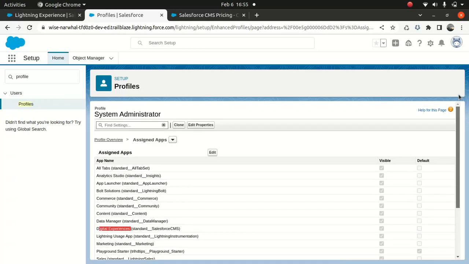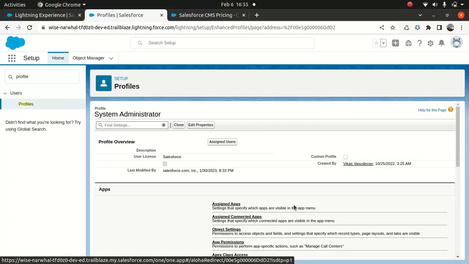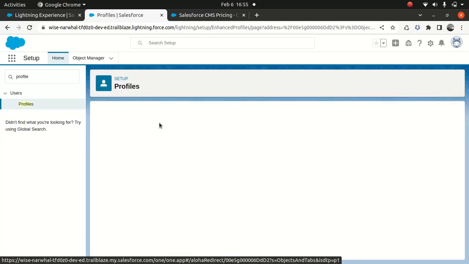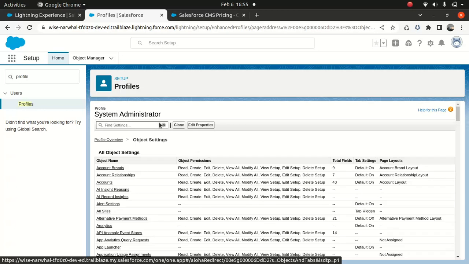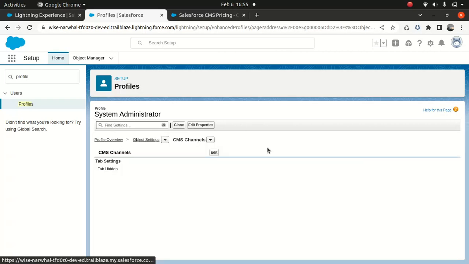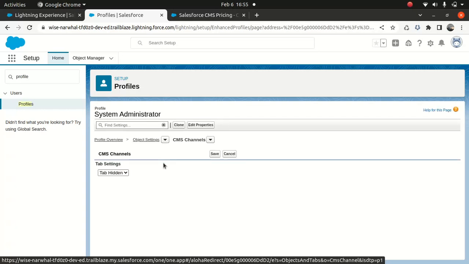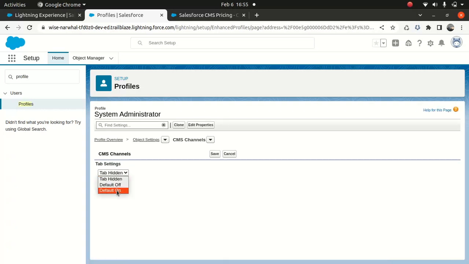So what I'll do, I'll go back and I'll go to object settings, and I'll search for CMS channels. Okay, and I edit. See, the tab is hidden. And what I'll do, I'll say default on, save,